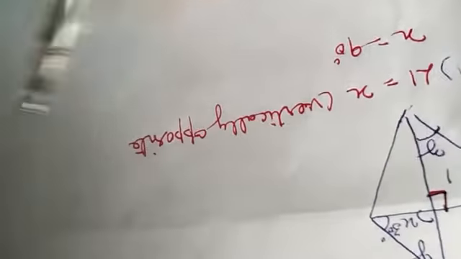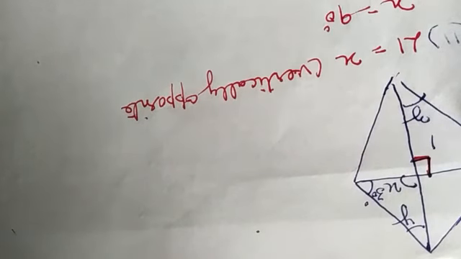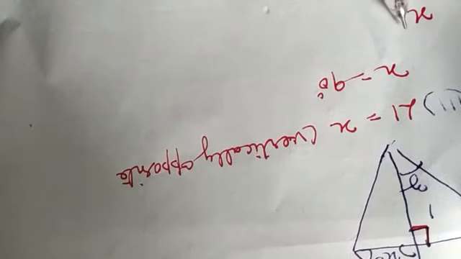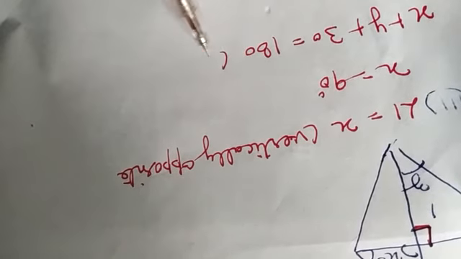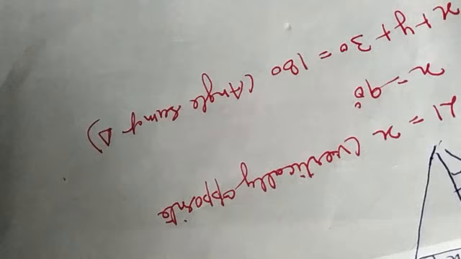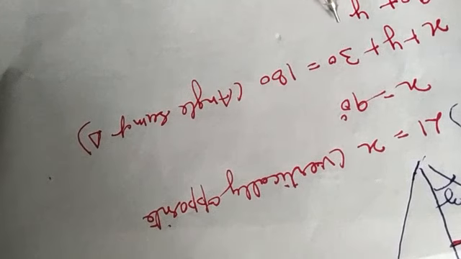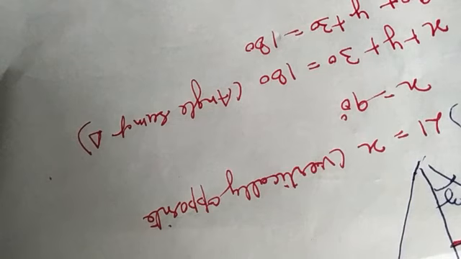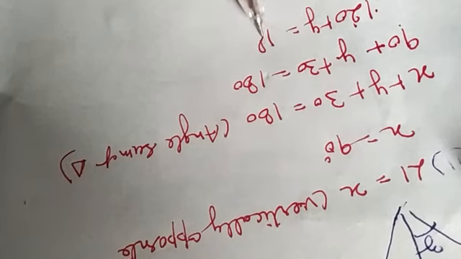Now look here, we are getting a triangle with x, y and this angle 30. So angle x plus y plus this 30 is equal to 180, by the angle sum of a triangle. Angle x we have as 90, angle y we don't know, and 30, is equal to 180. So 90 and 30 is 120, plus y is equal to 180.